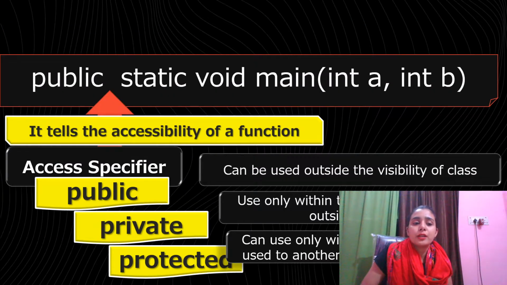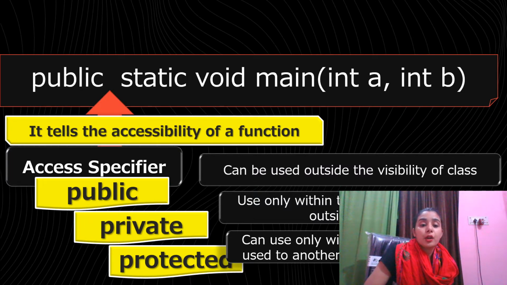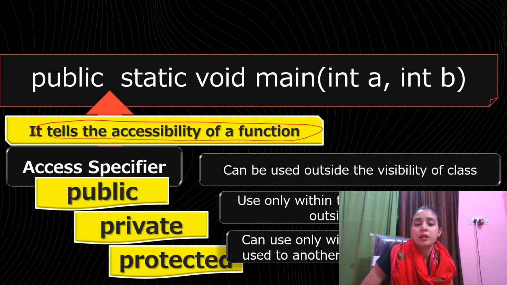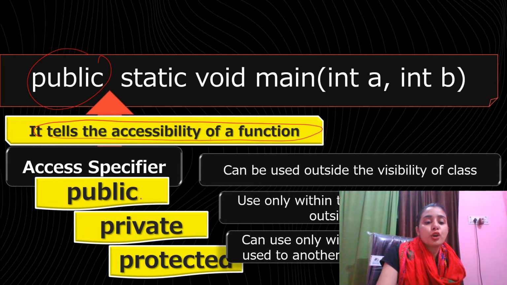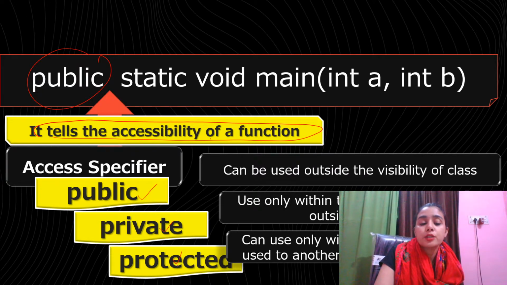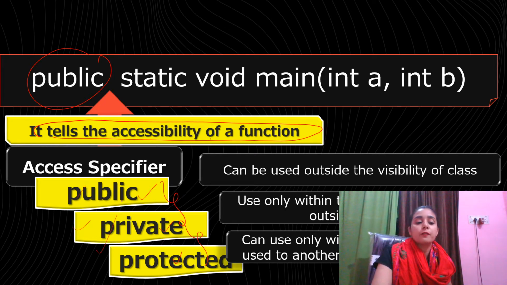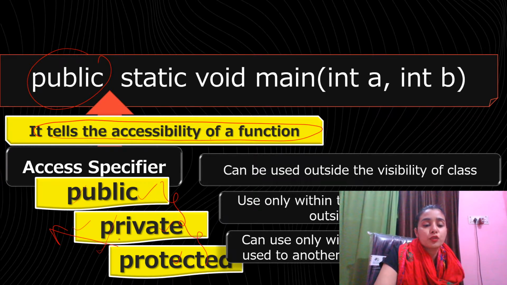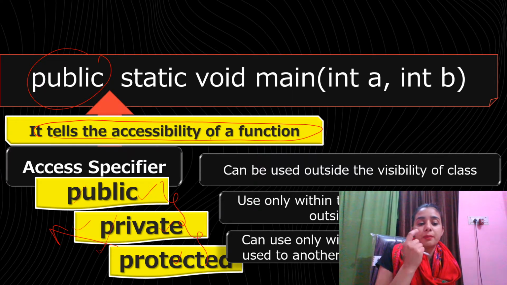So moving to the next, if I talk about public, public means the function's accessibility is everywhere. The function can be accessed from outside the class also, outside the package also, right? So this is just the meaning of that. Instead of that, you can write public, protected and private. I have made a separate video on the difference between all these three. You can check out my channel. I have also given a practical on the basis of that, showing what it means if you put public, private, or protected, right?